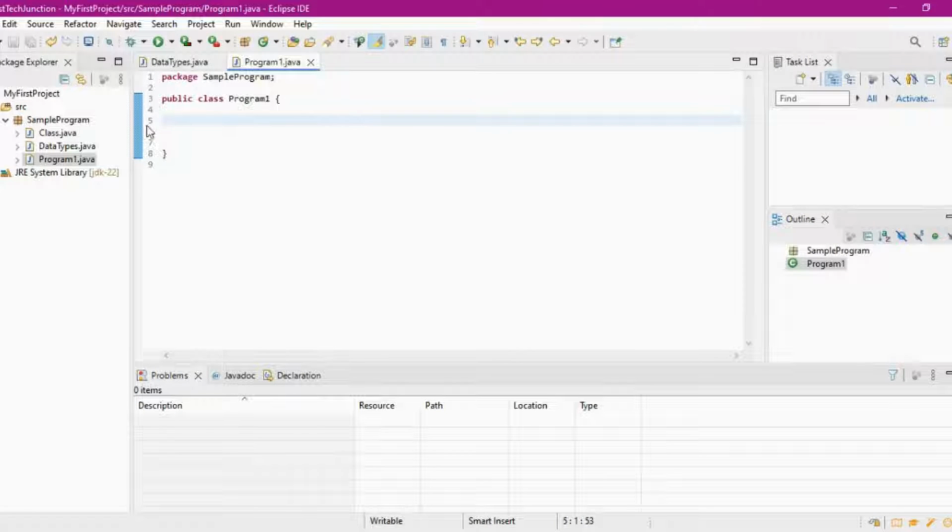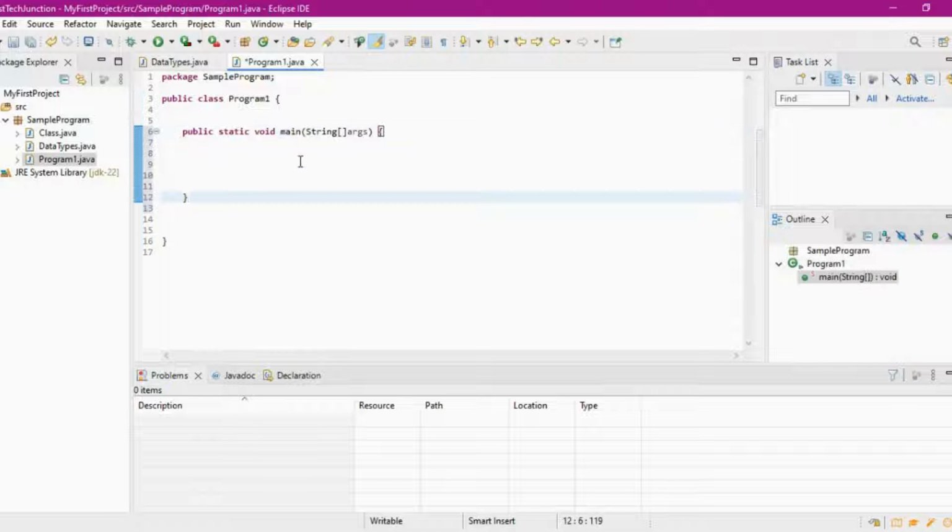So here I have created one package called sample program. Under that we have this program1 class. Okay, so to execute this program we first need a main method, right? So this is the main method, and as we know,